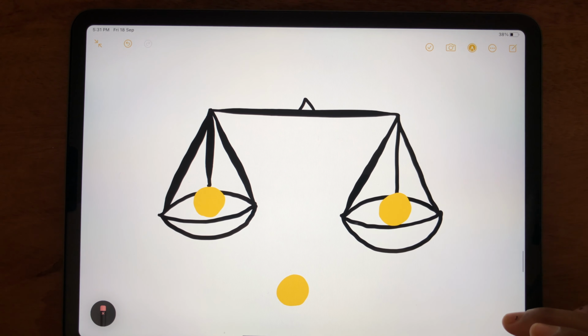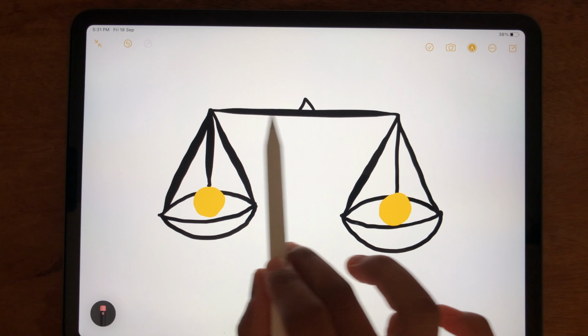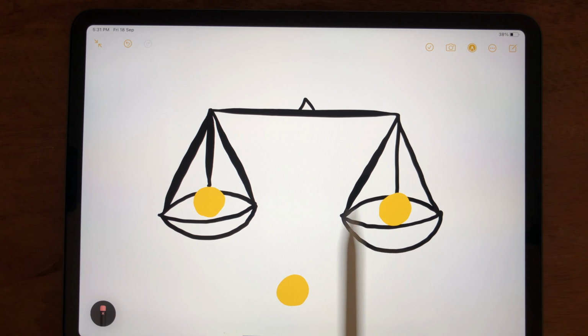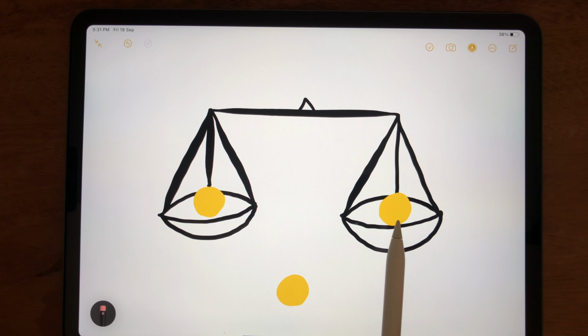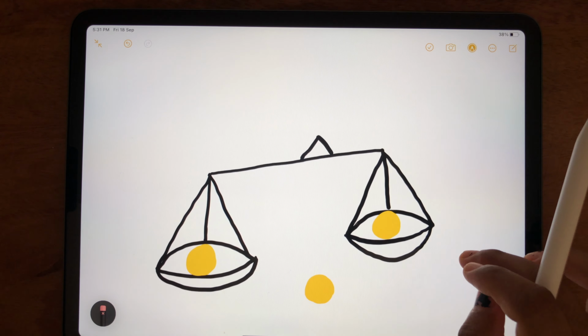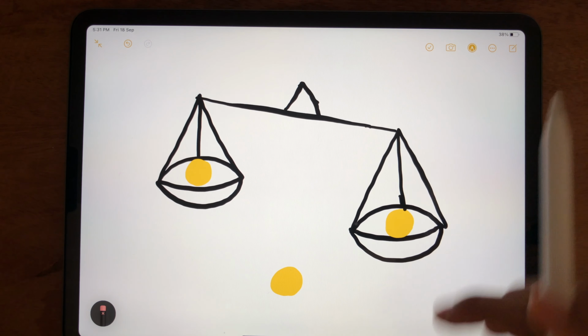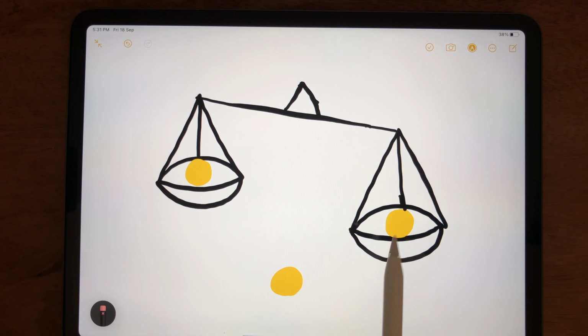Now we repeat the same step, but here we keep only one ball on each side of the weighing scale and one ball aside. If the weighing scale is stable, not moving on any side, what does it mean? It means that these 2 balls are of the same weight, and that results in this ball being the heavier ball. This is our heavier ball. But what if the weighing scale goes down on the left side? It means that this ball is the heavier ball, while if the weighing scale goes down on the right side, it means that the ball on this side of the weighing scale is heavier, right?